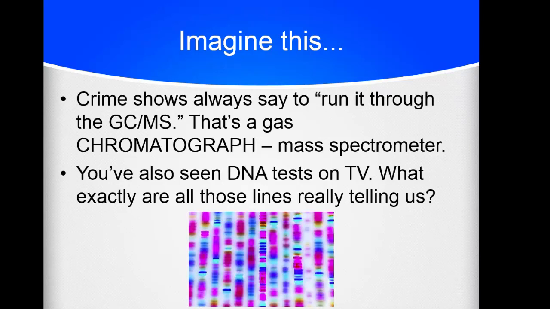DNA tests are also on TV quite often. All those little lines that you see that are matching whether that kid really belongs to that guy are equivalent to chromatography. You take DNA, you chop it up into little pieces, and you run it up a column, and people's DNA only gets split into certain size pieces. If you're a pretty close match, or at least a familial match, to the DNA person, the lines will match. So that's what we're looking at this week, the chromatography part of both of these techniques that you see